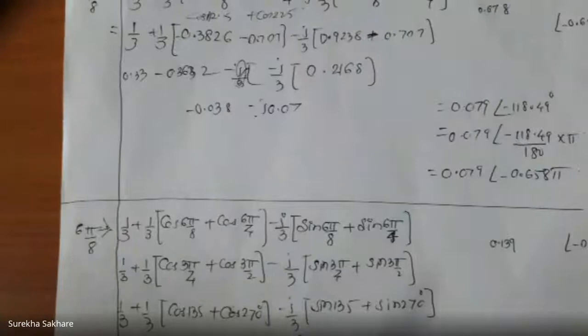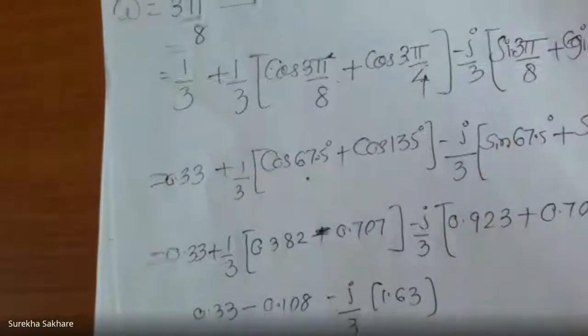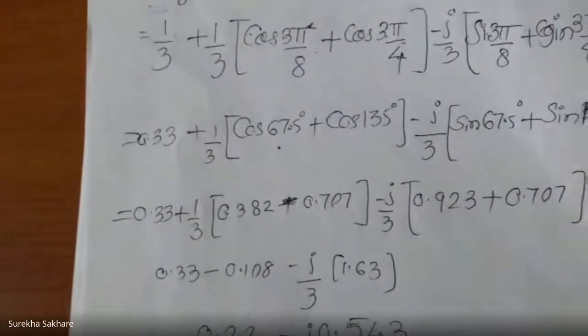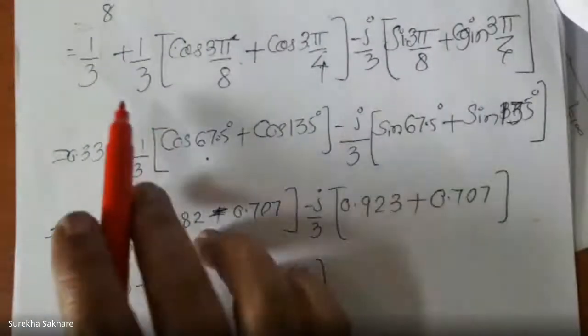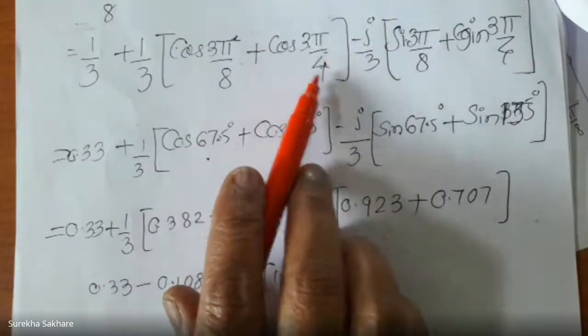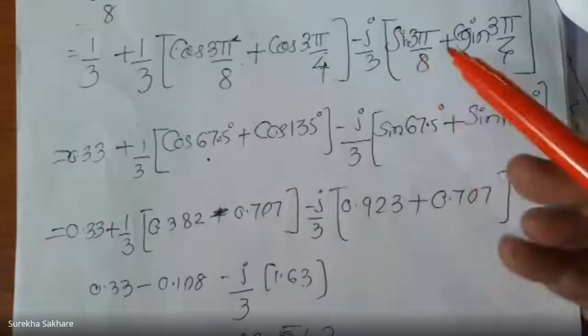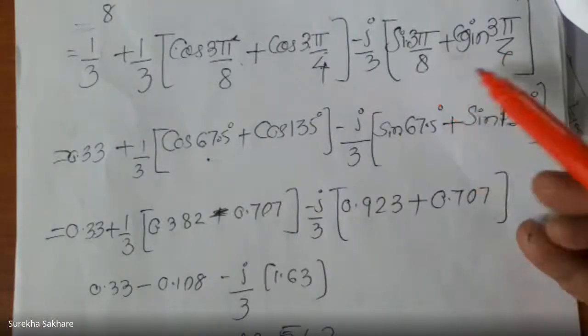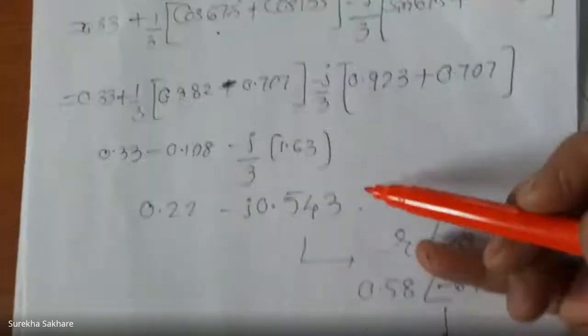Here we have shown you one example of omega is equal to 3 pi by 8. If you remember, you can see that also. You can see this. Okay, so you have this 3 pi by 8 calculation, cos omega plus cos 2 omega, 2 into 3 by 8 is 3 pi by 4. Similarly, sine 3 pi by 8 and sine 3 pi by 4. So insert the values, find the complex term, go for the r theta.